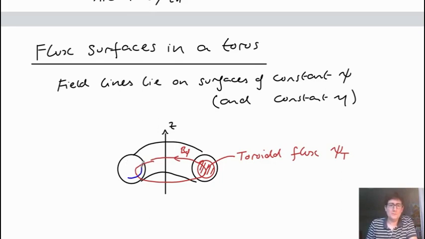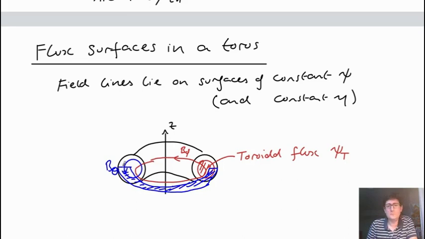So if you have a poloidal field going around the torus this way, this is B theta, for example, the poloidal field. We can take a slice through the torus, which is going around the machine like the toroidal field, but is at a constant poloidal angle, so you get a slice like this, which then goes around the machine. So it's a ribbon which goes around the machine like this, so it cuts across like this. And this surface here